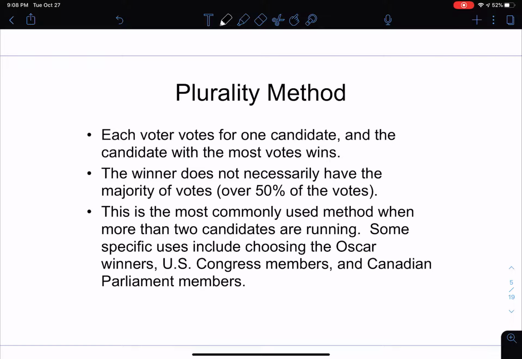It's the most commonly used method when more than 2 candidates are running for something. Like if you have a particular position and you have 5 people running for it, this is commonly the type of method you would use. Some specific uses I listed there include choosing Oscar winners, choosing U.S. Congress members, and also in Canada, choosing their parliament members. All right, so let's look at an example